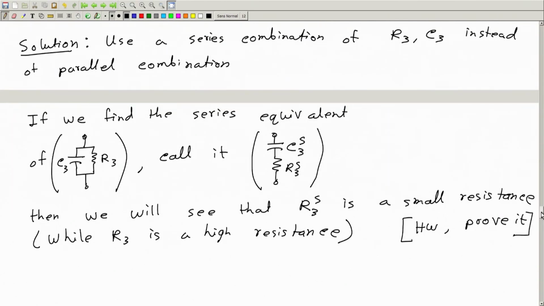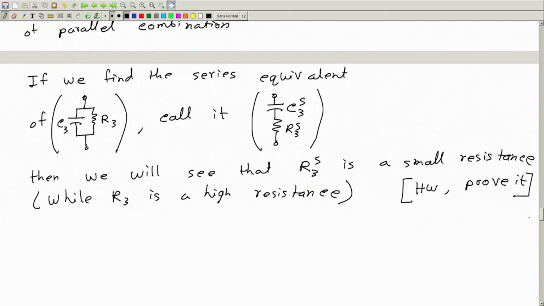I mean another way to visualize this quickly instead of doing this full derivation is that we want this to be close to a pure capacitor, because R3 is high. So, this combination is close to a pure capacitor,